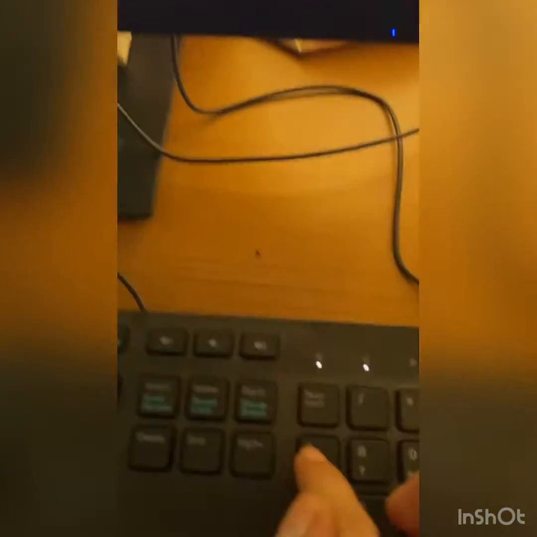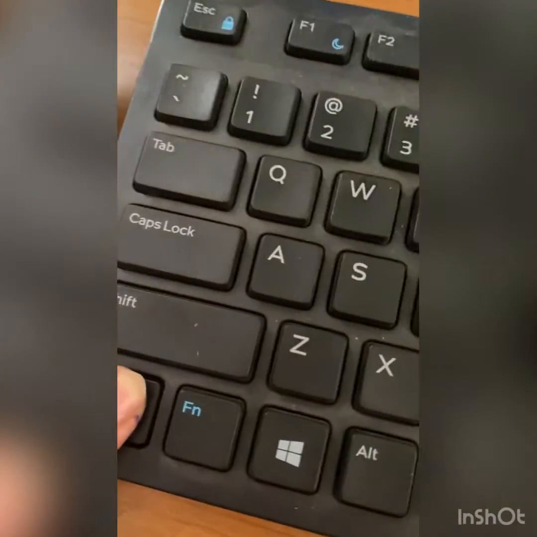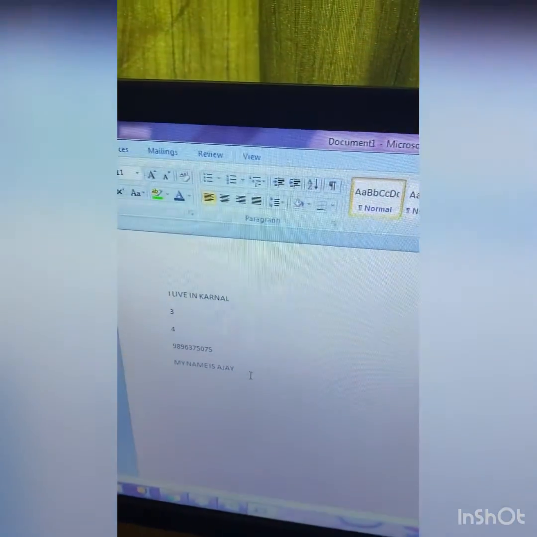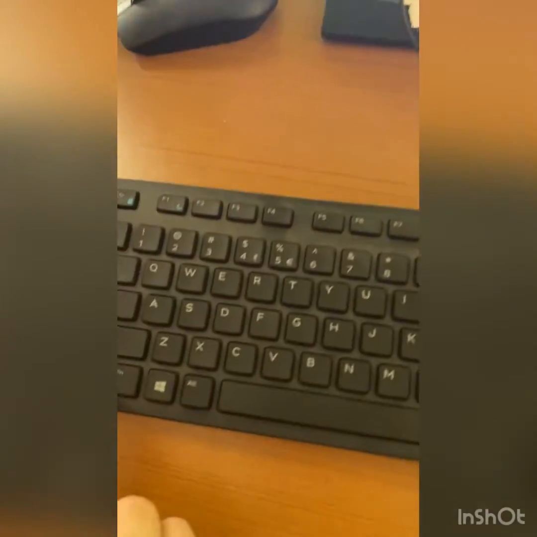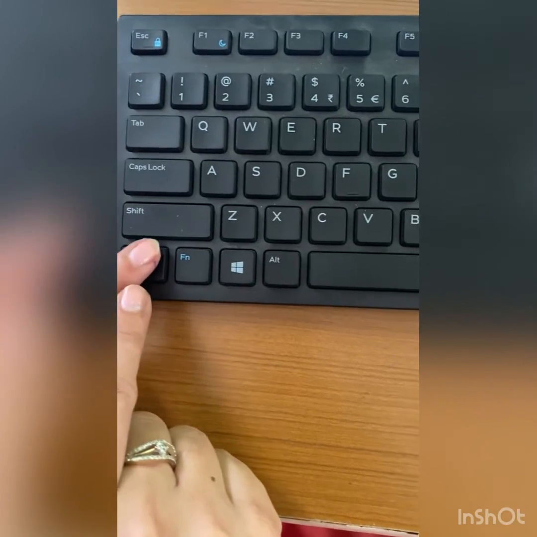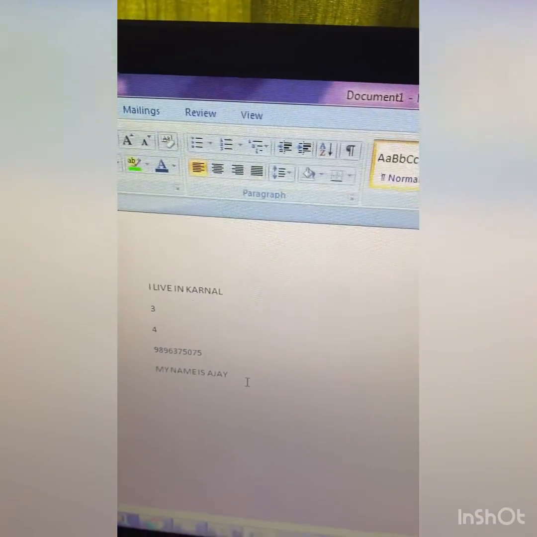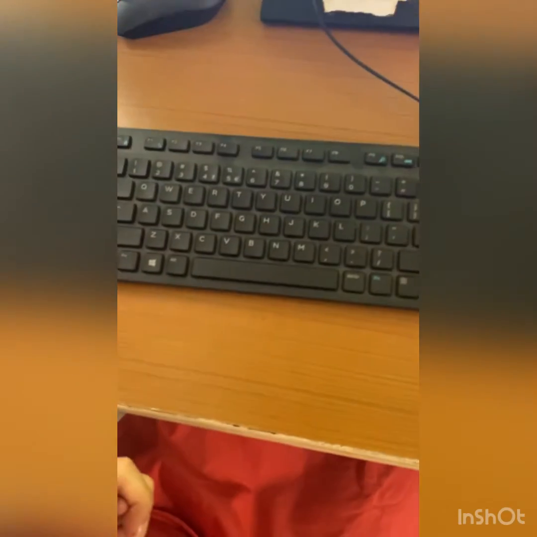Your cursor goes up. Control and home, both pressed. Your cursor goes up. And if you want to move your cursor to the end of the document, press control and end. Your cursor goes down. So students, this is your chapter, keyboard special keys.